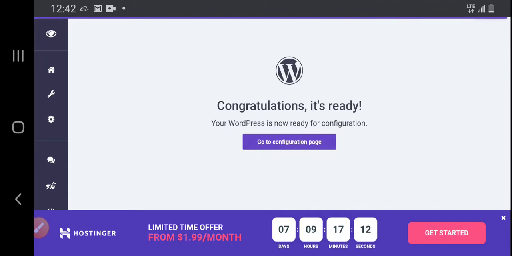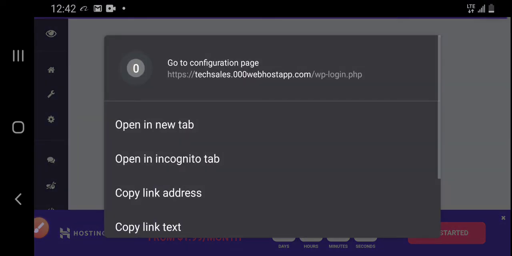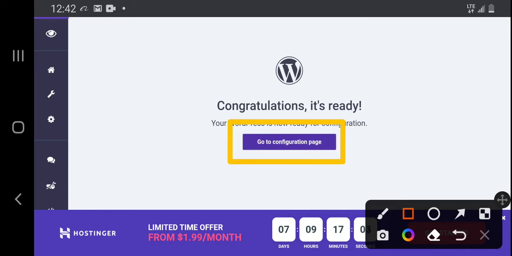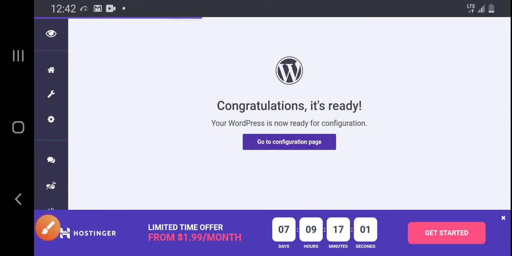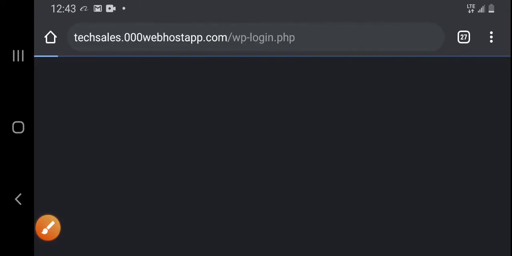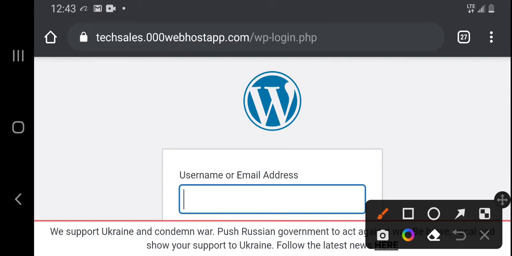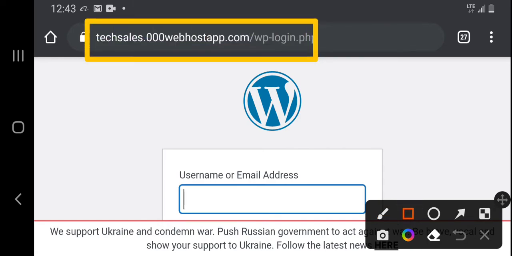is visit WordPress by clicking on go, the first one here. You click here on go to configuration page. So let's go ahead and click that. If I click go to configuration page, you see it takes us to text seal. Please take a look at this. Take a look at what you have here. It says text seal,